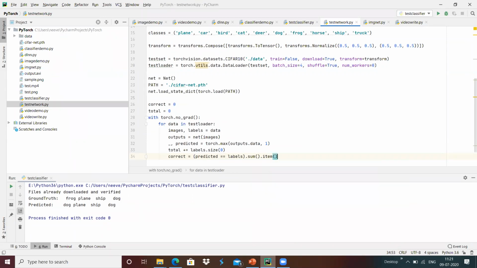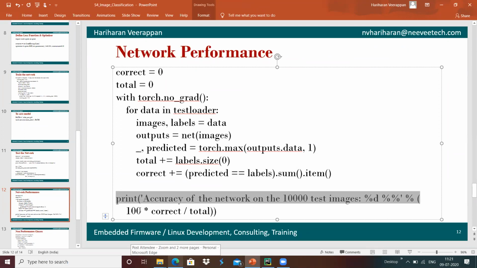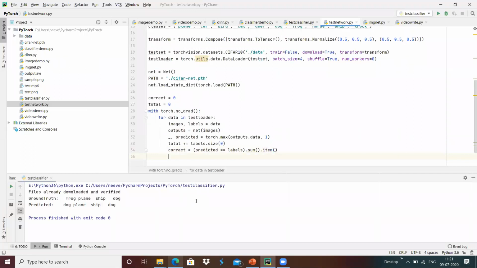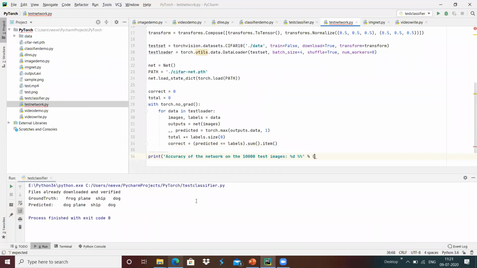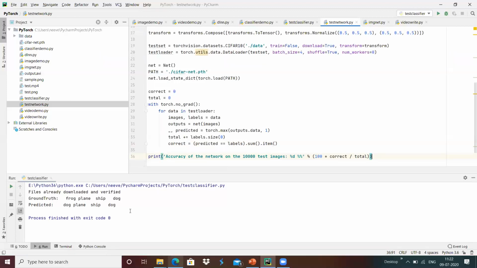We are feeding all the images from the test data set, and we will find how many of them were correctly detected and how many were not. We have a test data set of 10,000 images, and we are going to see the percentage detected properly with correct divided by total.